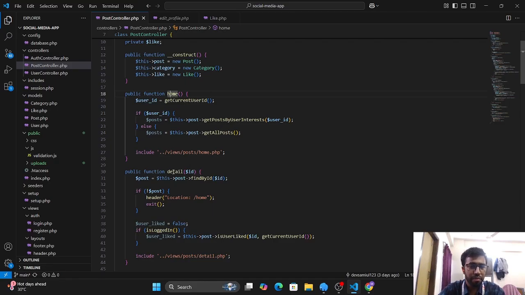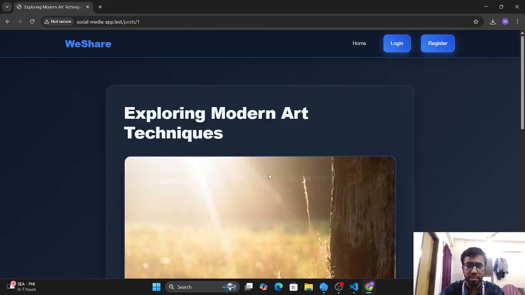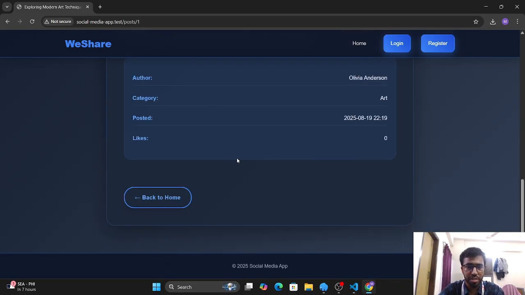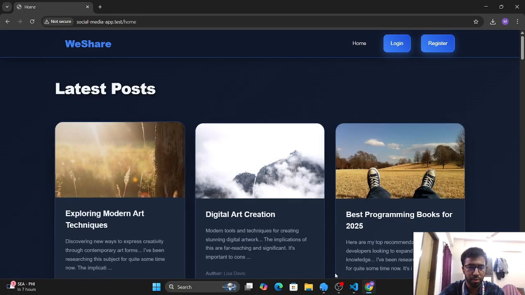A public function named detail is used when we are clicking read more. Like in this post, we are using read more, and we can see the details of this post. And when we want to go back to home,